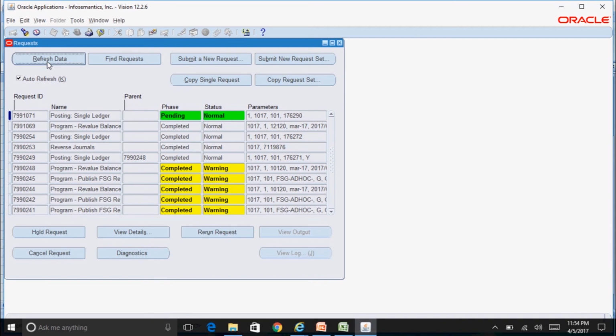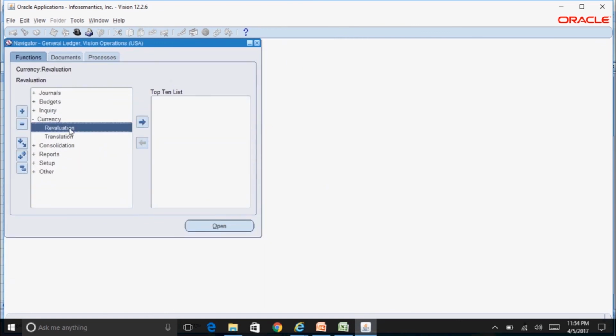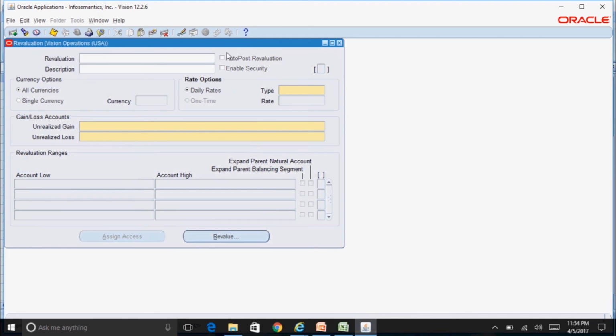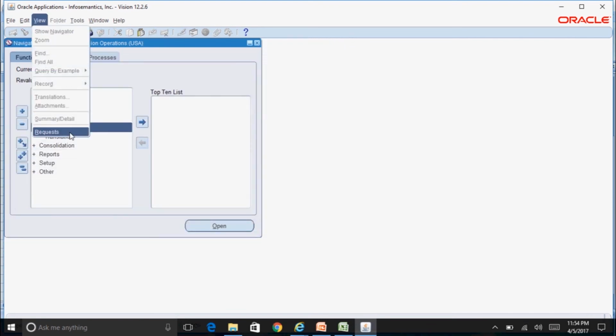So if you check that particular checkbox, then the revaluation program will create the revaluation journal and it will automatically post the journal entry. You need not manually come and query for this particular journal entry and post. It will be taken care of by the system. So while it's running, I'll show you that checkbox. Go to currency revaluation. Yeah, so this is the checkbox auto post revaluation. So for our template we did not check this particular checkbox, and hence we are manually posting the journal.